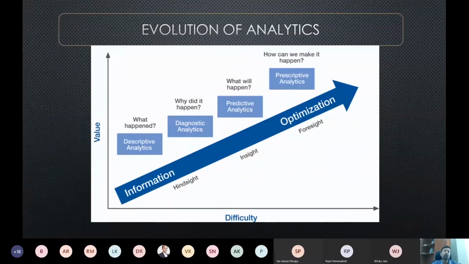So the first basic tool which we use is descriptive analytics, where we try to address questions related to what happened and why, what happened in the past, right? So the focus is simply on, maybe if we have historical data on sales figures, whether the sales are going up or going down. So mainly we use a lot of visualization tools for this, for description of various events.